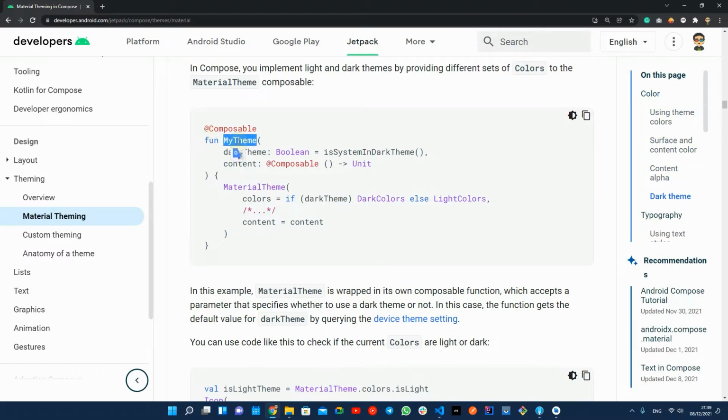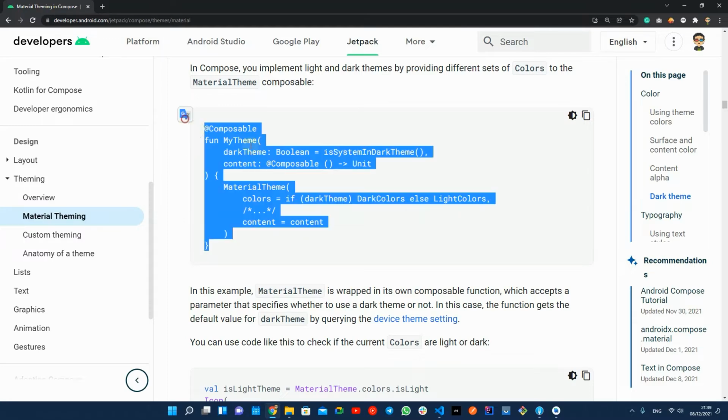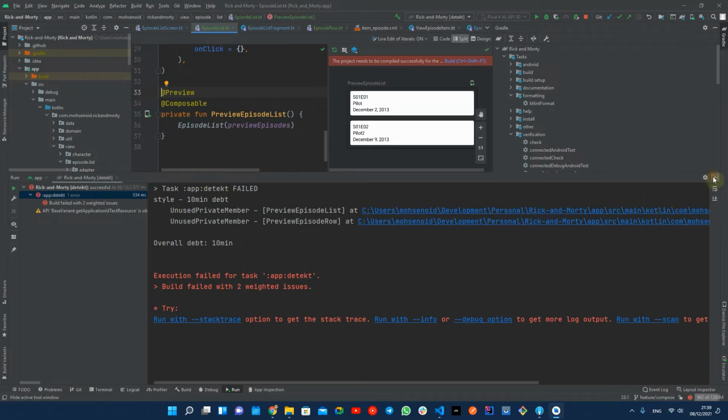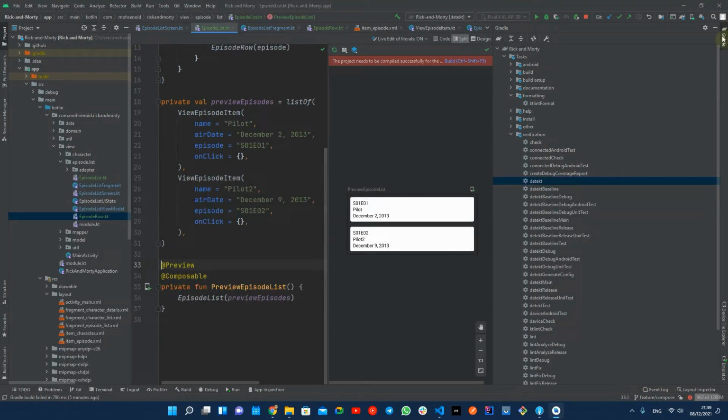So we can create something like my theme and say, pass a boolean, say if it's dark or if it's light, and then in the material theme that you define here, say if it was dark theme, then use the dark colors. If it wasn't, then use the light color, and pass the content. So I will copy this guy into my project, and yeah,